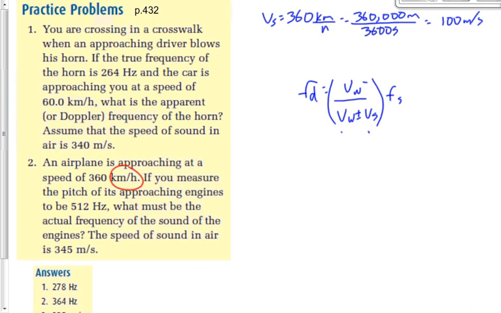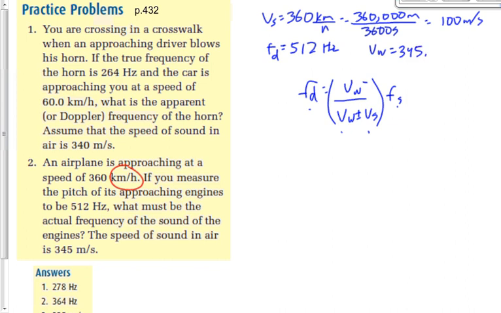What else we got here? We got a frequency here that is 512 hertz. Can anybody tell me whether that's going to be FS or FD? This one or this one? John? It's going to be FD, the Doppler frequency. That's the frequency that we perceive, the frequency that we hear, right? The apparent frequency. Speed of sound in air, that's going to be VS, is 300, look, I made the mistake that I told you guys not to make. Okay, VW, the speed of the wave, not the speed of the source,